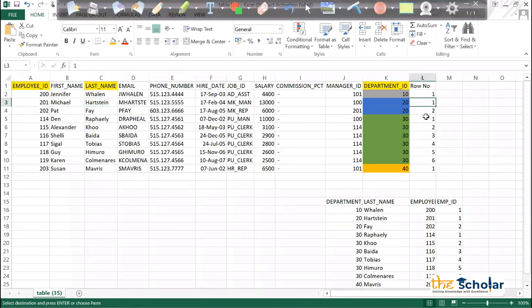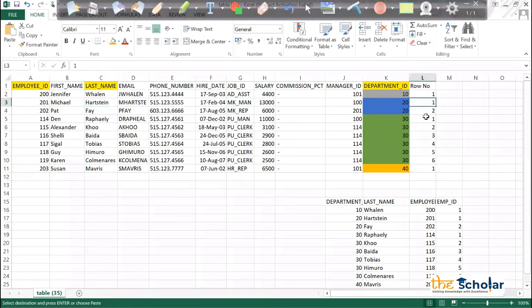Then we have 30, Ralph, Theo, Baida, Tobias, Himura, and Colmenares, and we have these row numbers for that. And then Mavris, and we have this row number for that as well.